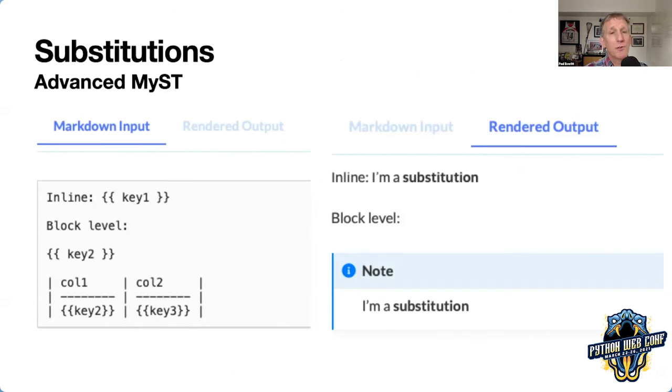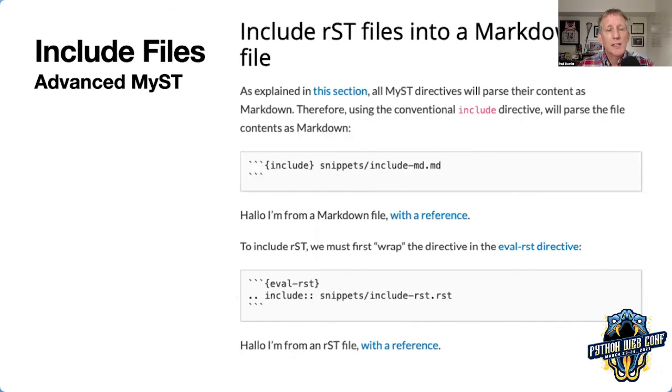If you've got reusable snippets, you can also reuse content by just doing an include. And you see a couple of examples on here. Look at that one on the bottom. That's just badass. Way to go, MyST, you smart people. If I'm sitting in the world of Markdown, I can still tap into the world of restructured text with 1,000 documents that I don't have time to convert.